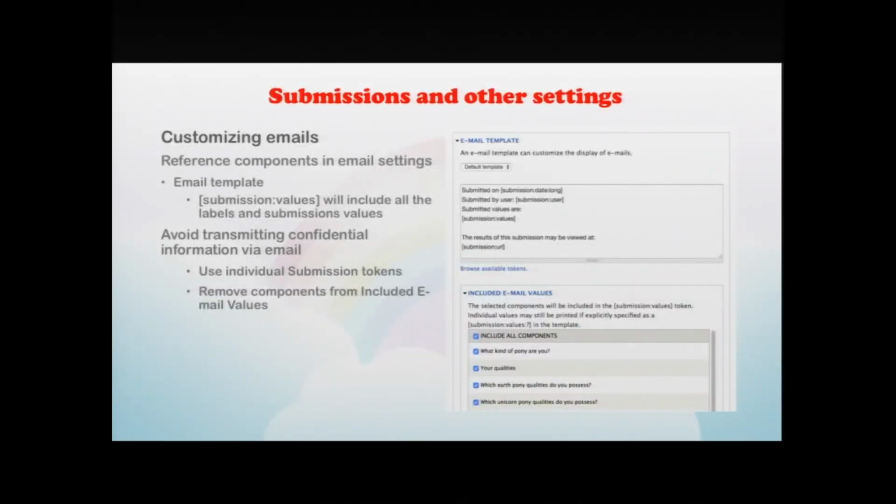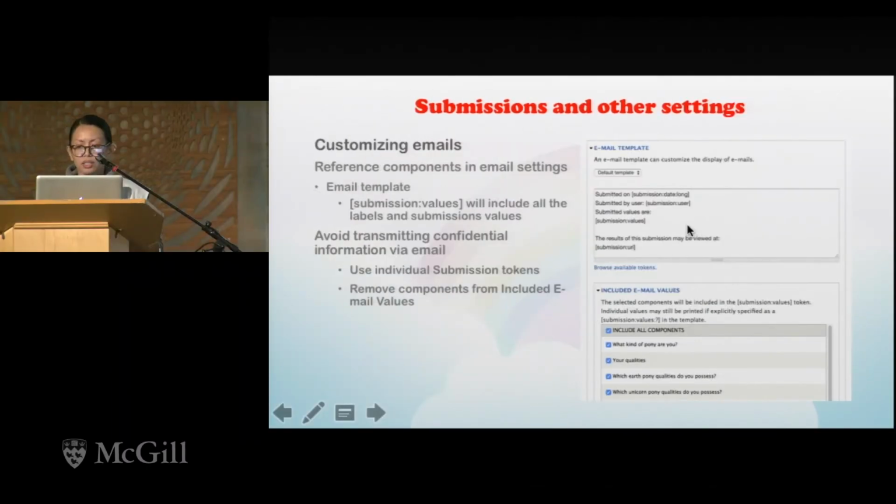So, moving on to your email settings. Most of us, myself included, will have probably left the email template as shown here at the top, with all of the submission values included. If you see this token right there, it says submission values. That's basically what this token does. This means that all of the data from all of the components that are checked under the included email values